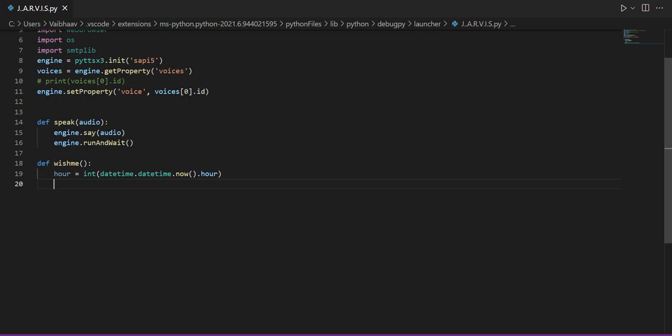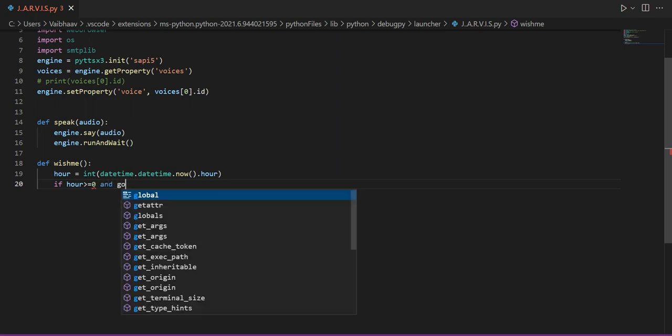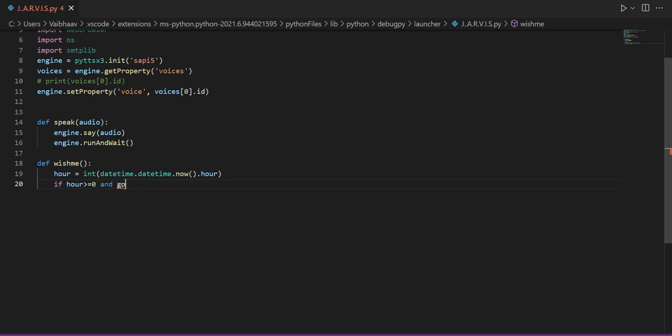So let's put the condition. So we type if r is greater than 0 and r